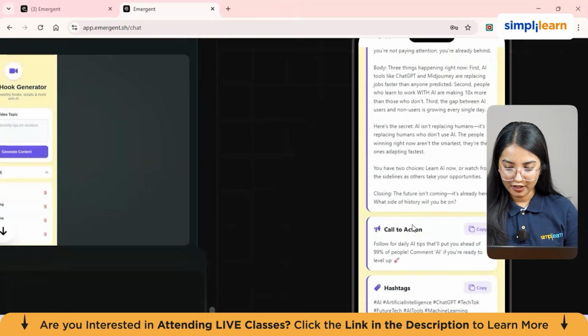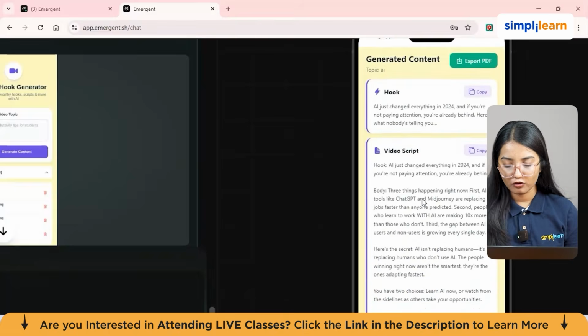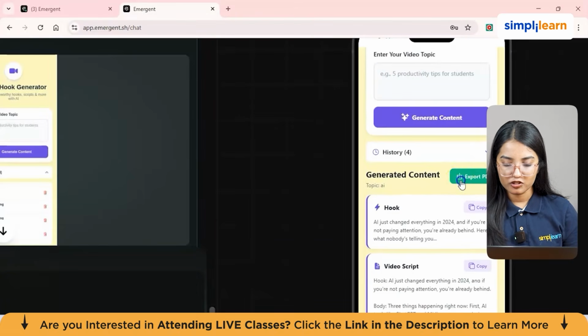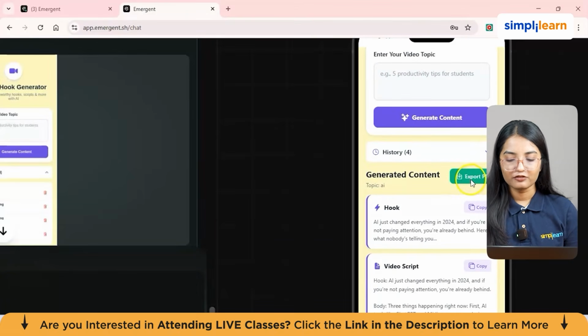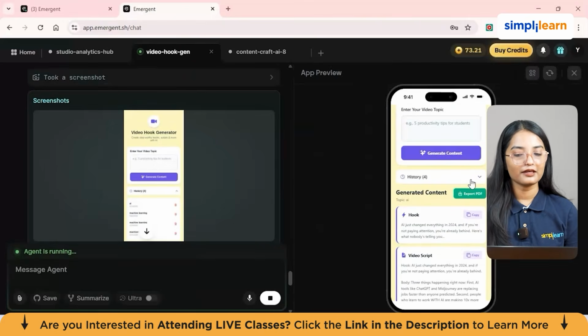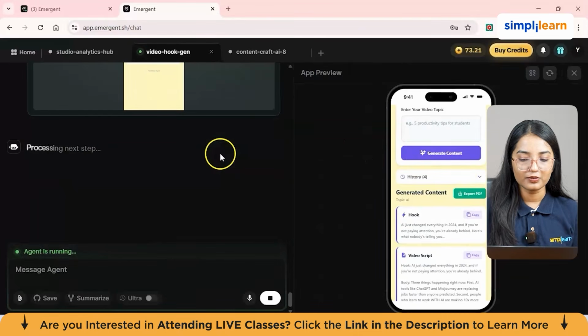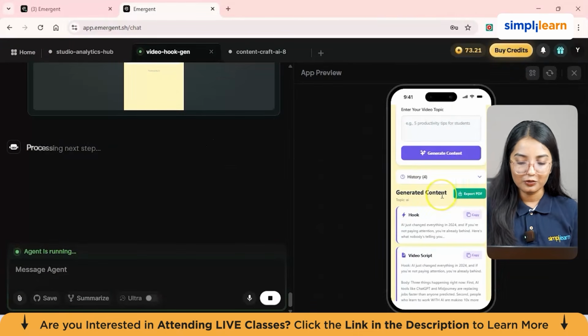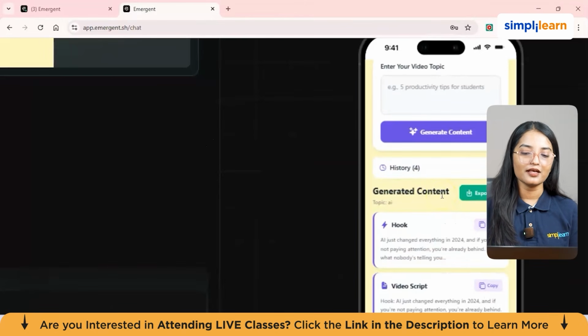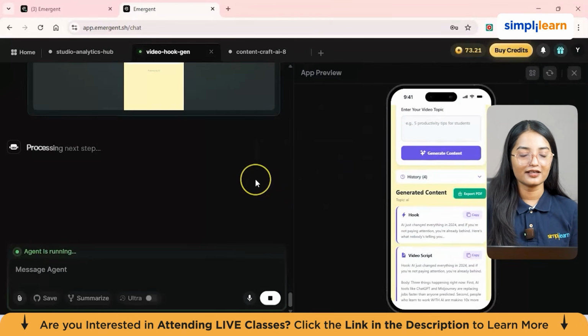After the content, you can just copy paste it from here, or you can also export it to PDF just by clicking on this, and it will be downloaded to your system in PDF format. So the changes have also been done, and the UI, everything is really cool. So overall, I would say if I had to rate this AI tool, I would rate it 9 out of 10 because it has negligible mistakes and it works really well.